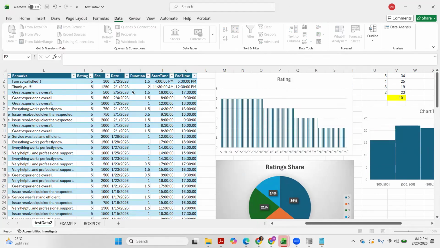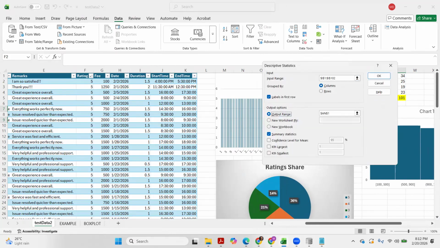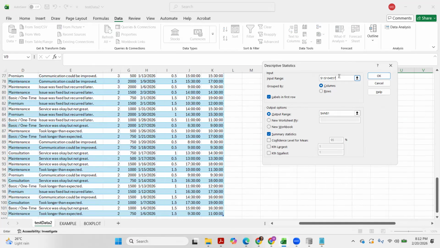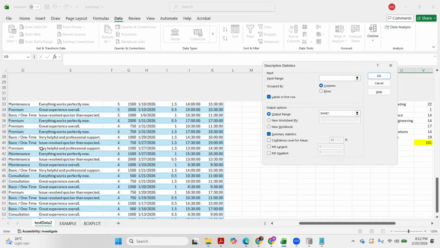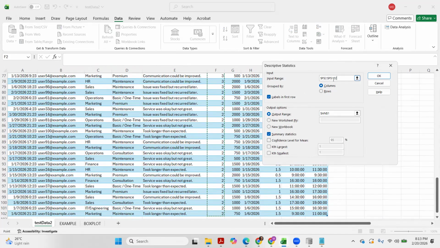Sorry, my cursor is currently malfunctioning, so please bear with me. Just select the entire data set, so Control Shift down. As you can see, our data set is grouped in terms of column. You can actually select multiple numerical and ordinal columns.